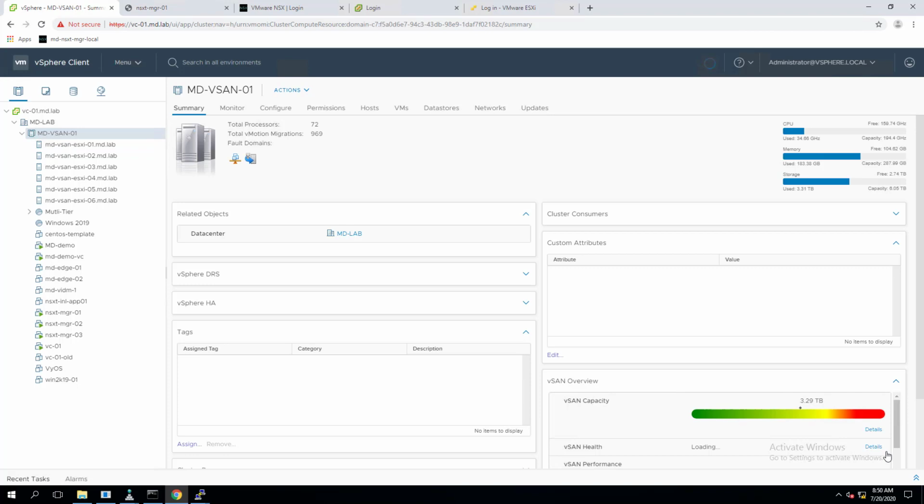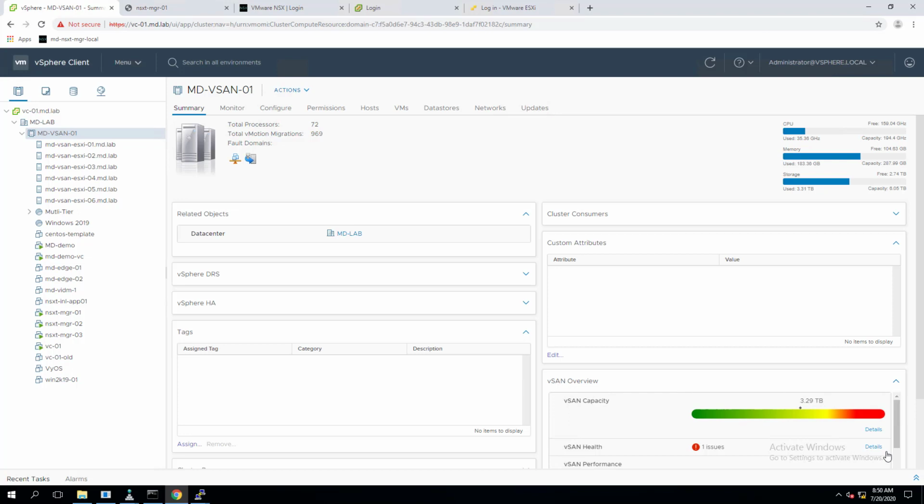and other virtualization technologies. In this video, I'm going to explain a step-by-step procedure on how to enable vSAN file services in vSAN 7.0. vSAN 7.0 is released with vSphere 7.0. In vSAN 7.0, an interesting service called vSAN file service is introduced. With vSAN file service, we can provide file sharing services using NFS.